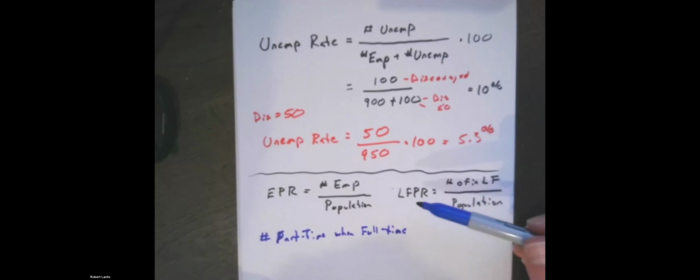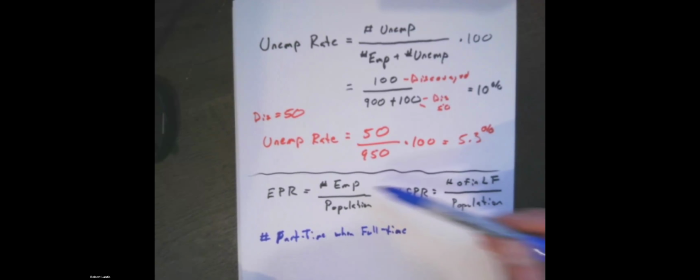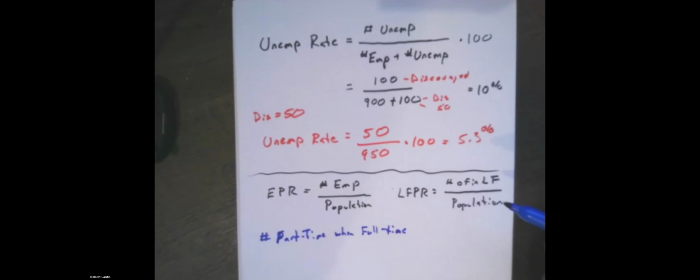How is that going to change these ratios? Okay. Well, if they are taking part-time work instead of full-time, the number of people that are employed and the number of people in my labor force hasn't changed. So when we have these underemployed individuals, it's not going to change my employment population ratio or my labor force population ratio. In fact, the only thing that these underemployed individuals are going to change, even if I looked at my unemployment rate,